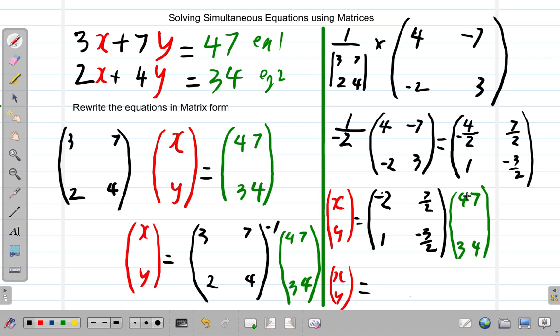Negative 2 by 47, 2 7 is 14, 4, carry 1, 2 4 is 8, and 1, 9. So it's negative 94